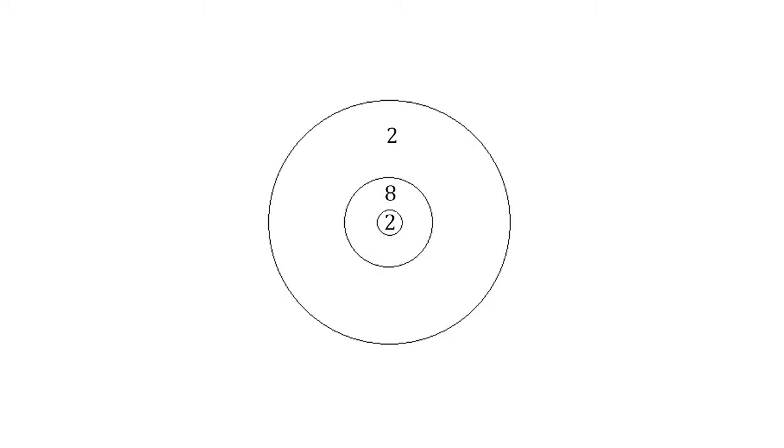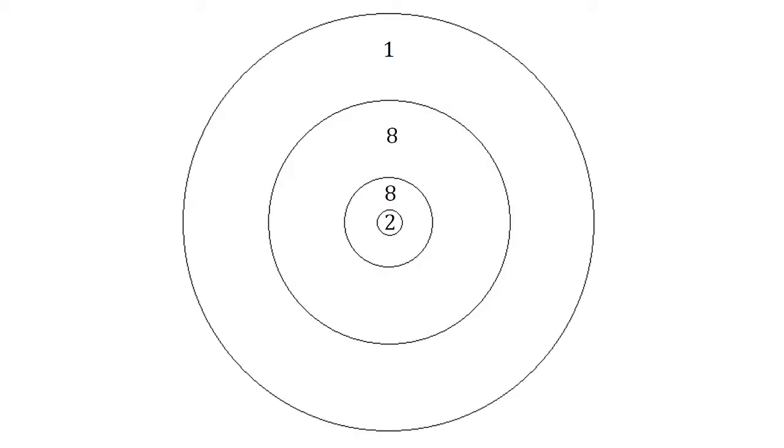They always stack up from the inside out, and the bigger the atomic number, the more electrons there are. So for example, nitrogen is atomic number 7, so there's 2 electrons in shell number 1 and 5 in shell number 2. Oxygen is atomic number 8, so there's 2 electrons in the inner shell and 6 in shell number 2. And what you're going to do in the exercise, you'll print out